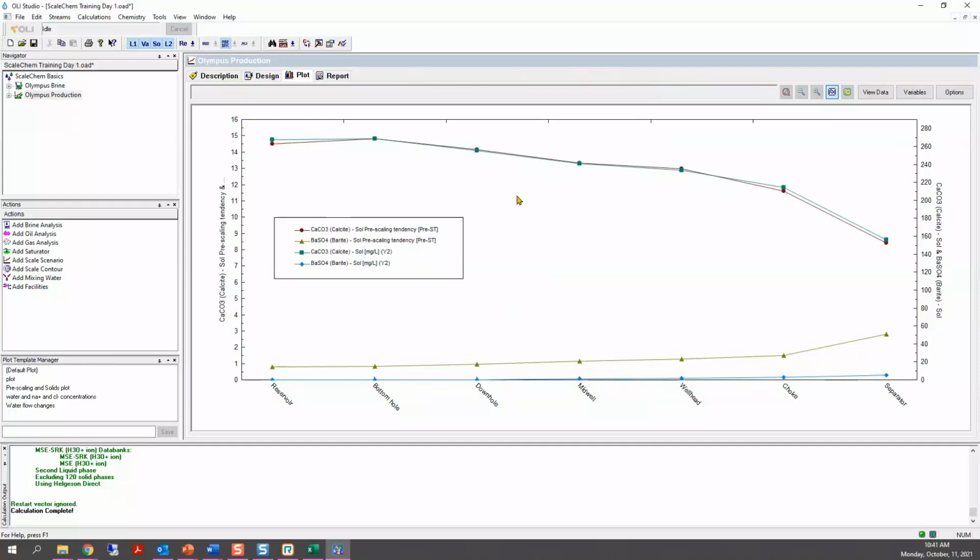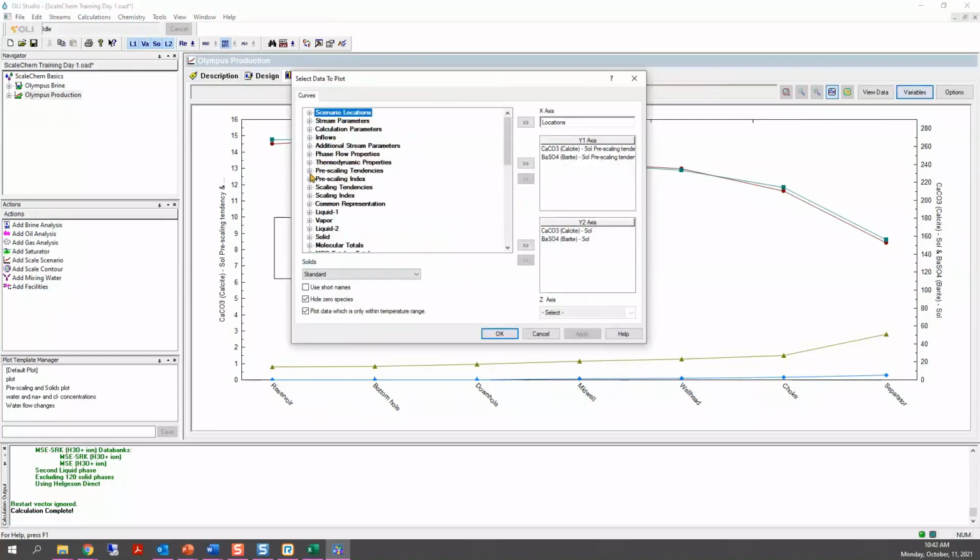The calcium pre-scaling tendency and barium pre-scaling tendency, the scale is not from 0 to 16, but it's between -0.2 to 1.2. That means that you're probably using the scaling index, not the pre-scaling tendency. Make sure that you don't use the index. You want the pre-scaling tendency.